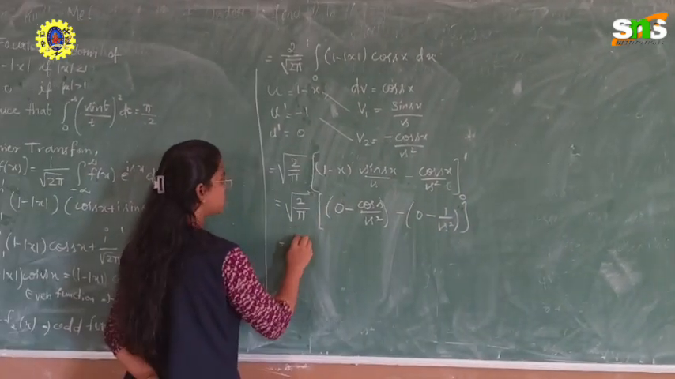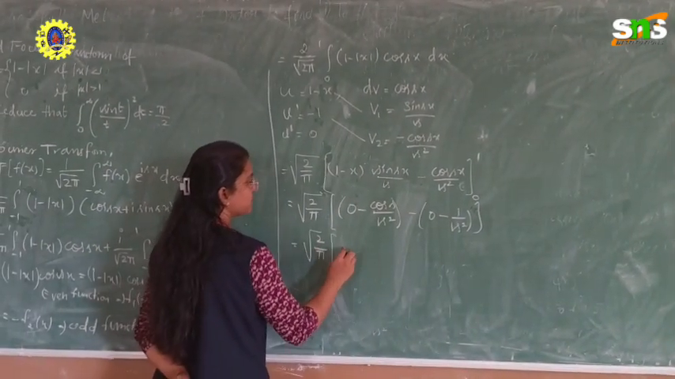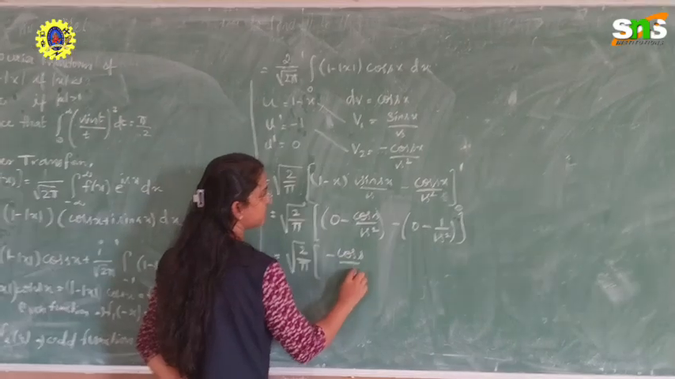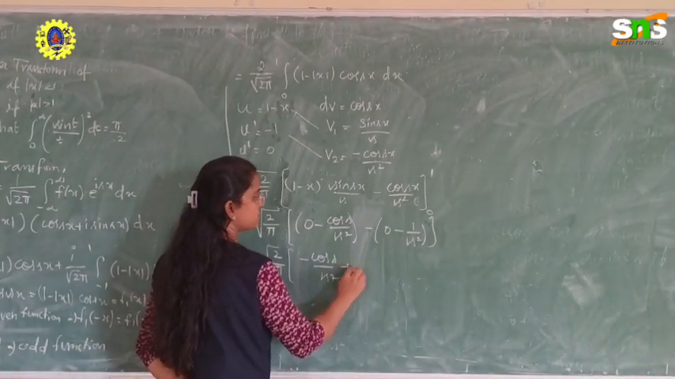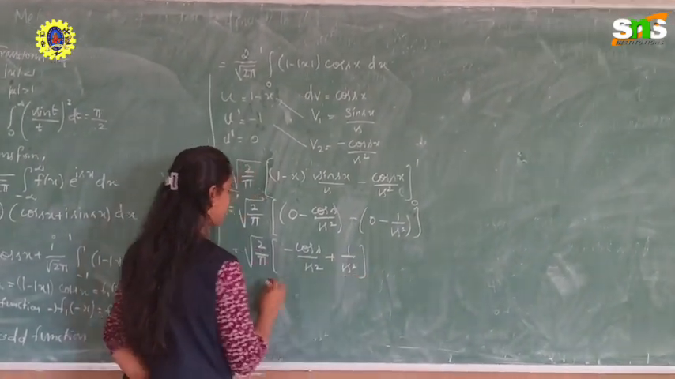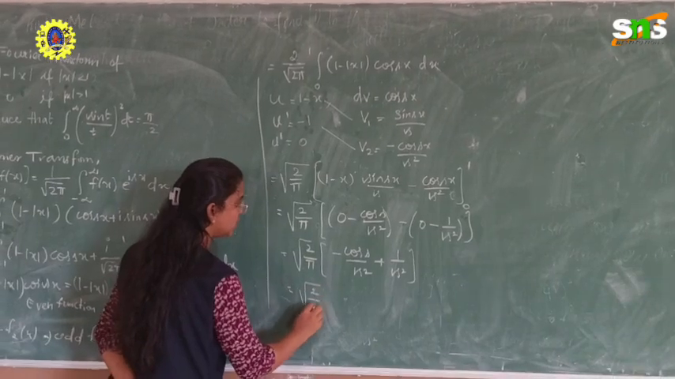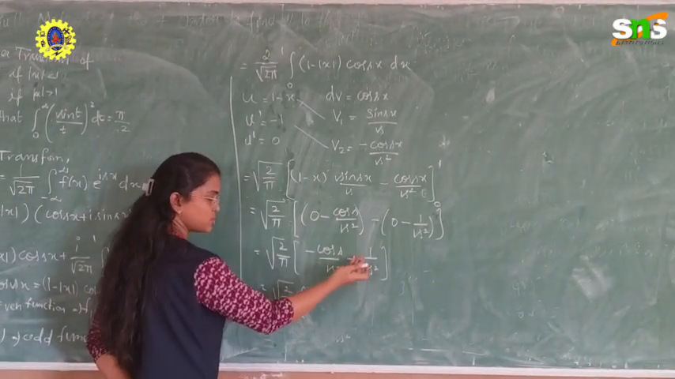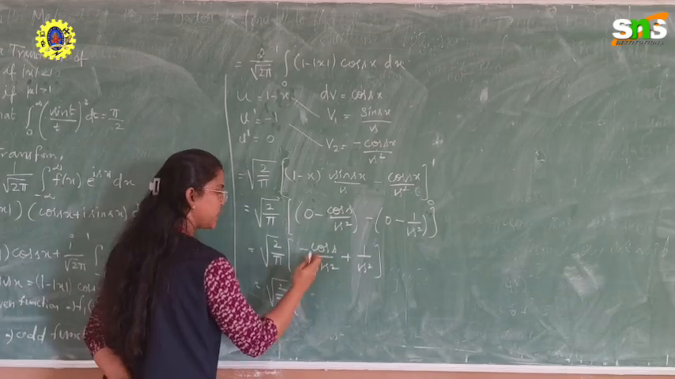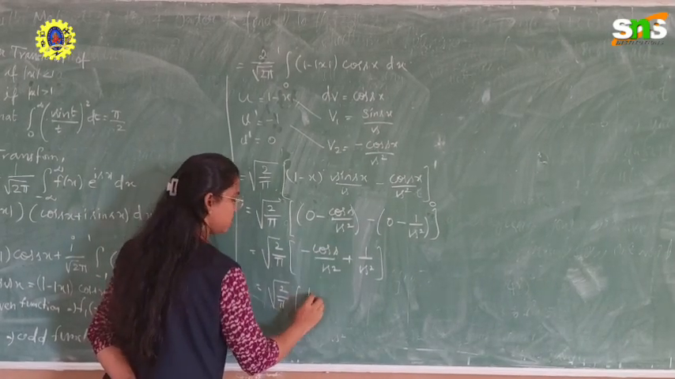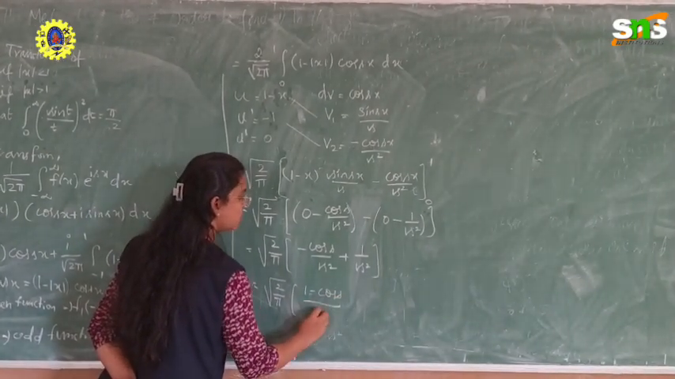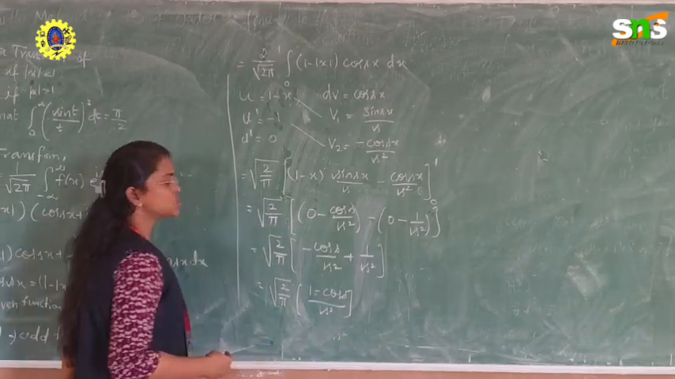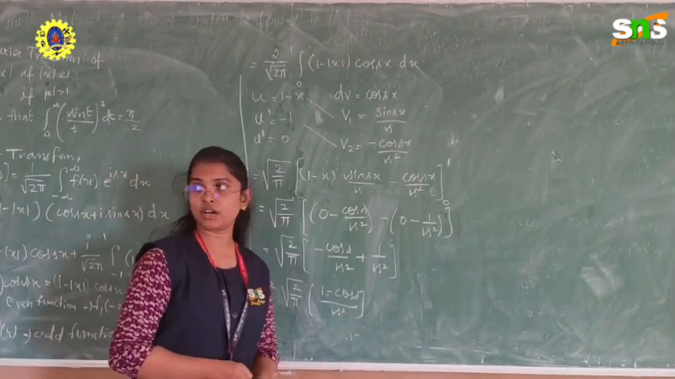So I'm taking it as root 2 divided by root pi, minus cos s divided by s square, minus minus will be plus 1 divided by s square. Just do a little alteration: I'm taking the positive term as the first term and the negative term as the second term. So 1 minus cos s, the whole divided by s square. So this is your Fourier transform for the function 1